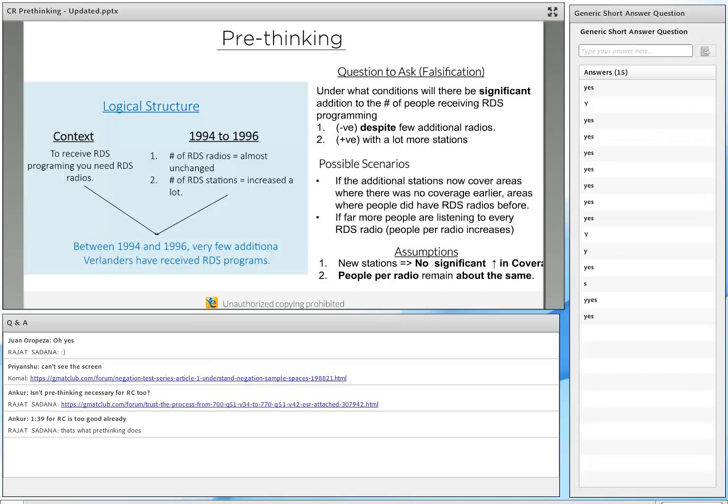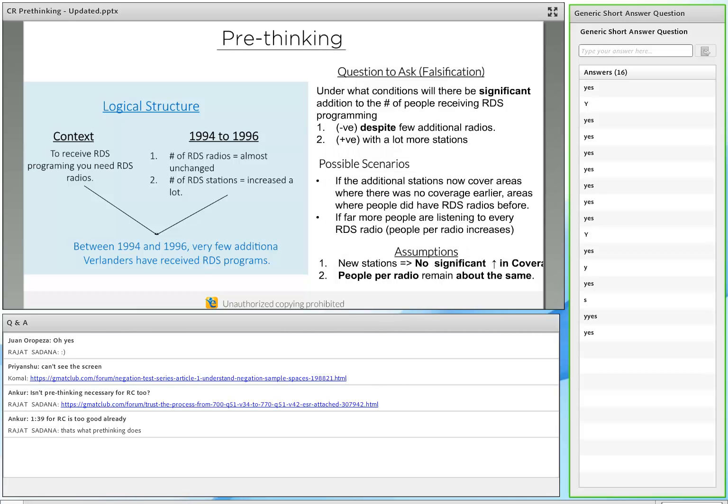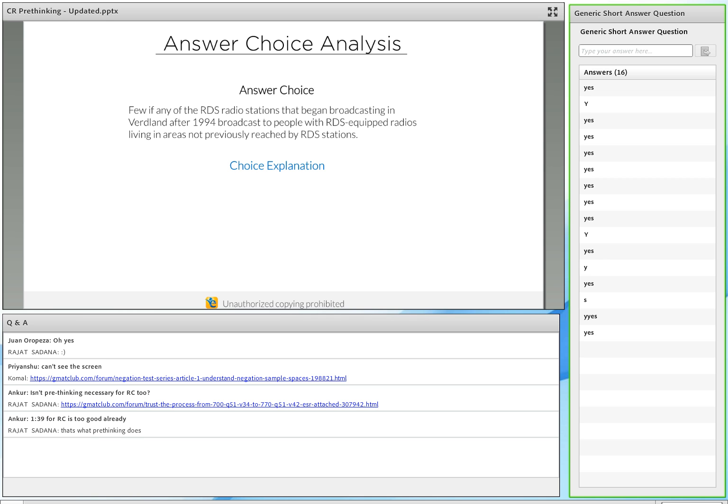Now, let me get in the poll over here for this one. Here is how you guys answered for this. Choice D was very popular and choice D wasn't correct. Choice A is the correct answer. We're going to really see why each of the answer choices, whether they're correct or incorrect, and the reason for the same. Choice A says, and choice A is fairly complex.